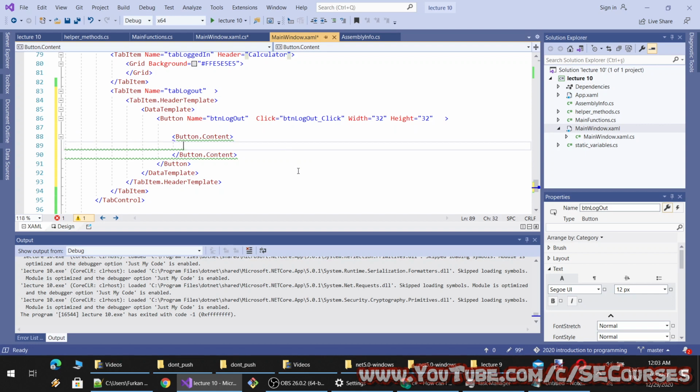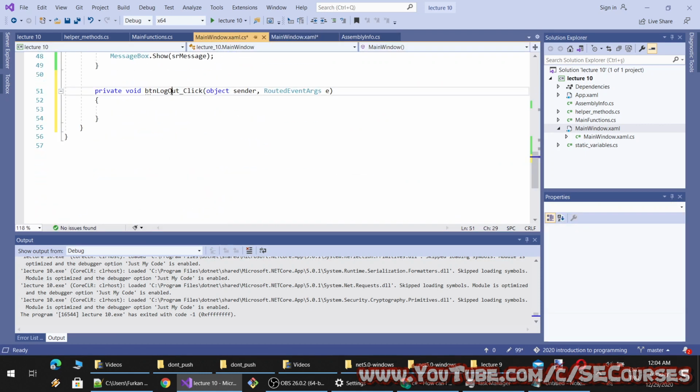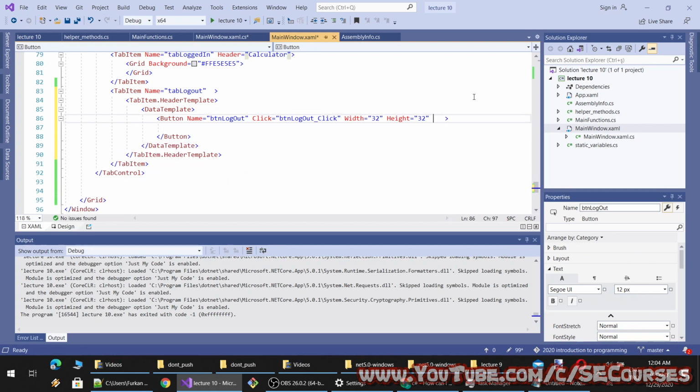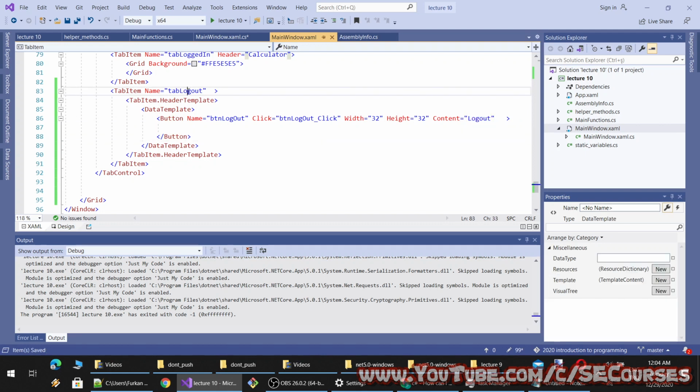Content does not have value, so the value should be not image but, one moment. Okay, button name. I think I can provide the content here as logout. Okay. All right, and we have the name.